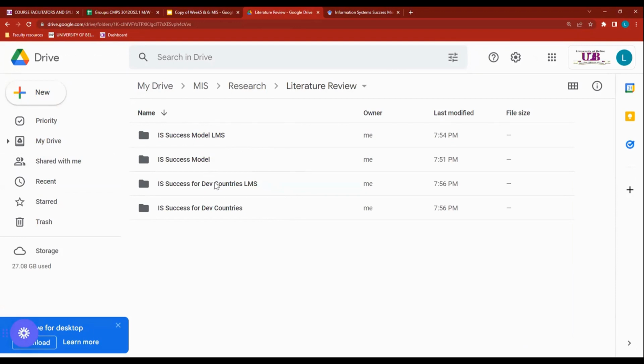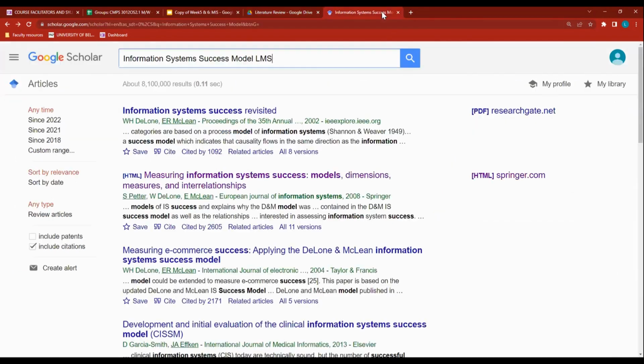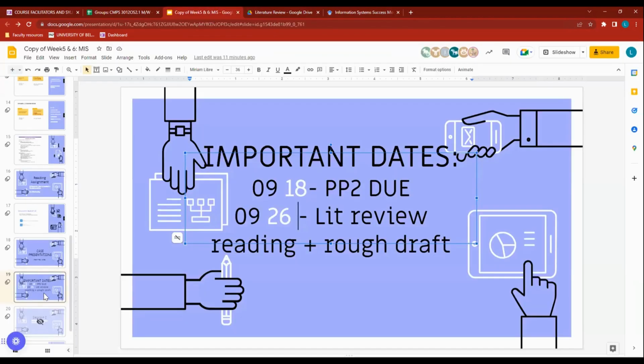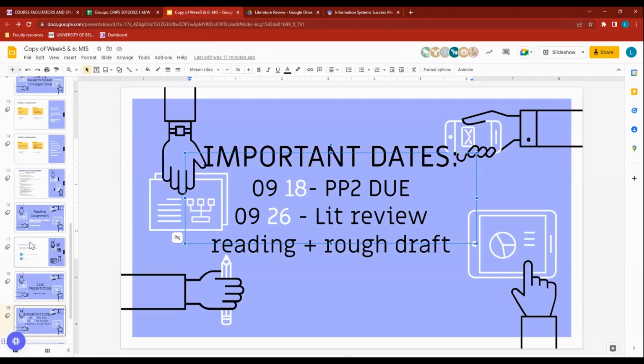Perhaps each of your group members can pick a category and just write what they understood about information success factors in both developed and developing countries. Another team member might be able to speak about how it applies to the learning management systems. Another might speak about just general success factors for information systems. And another might speak about the specific system that you're using. What are the success factors for those? So that is for you to work on until we meet again.